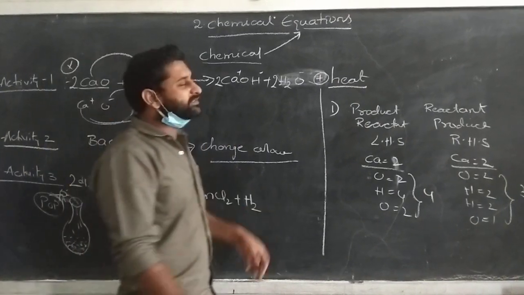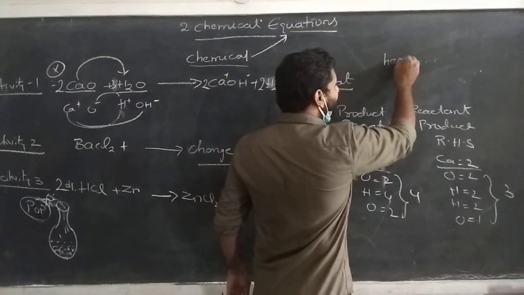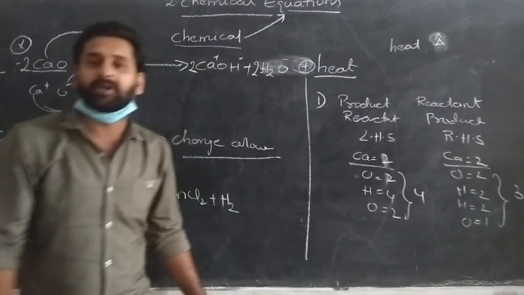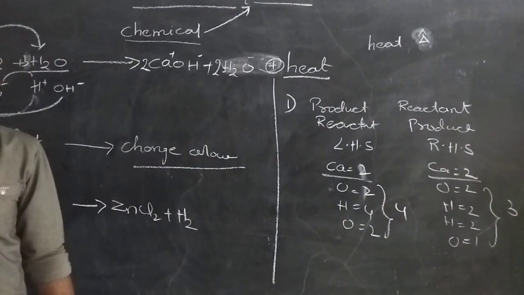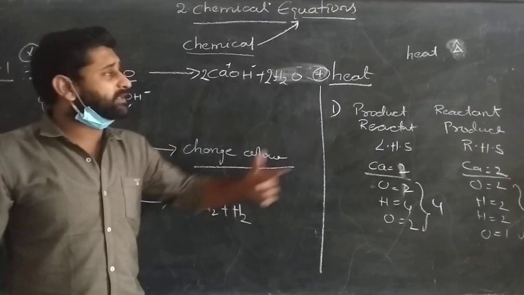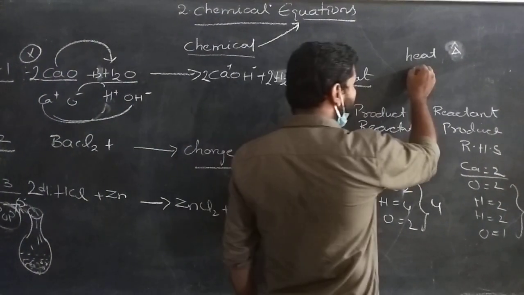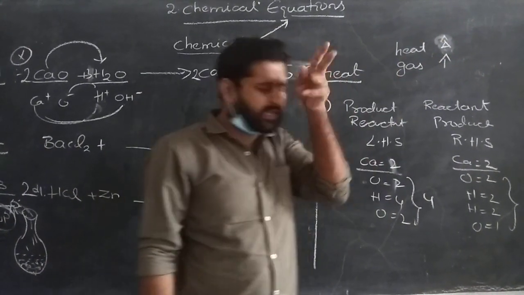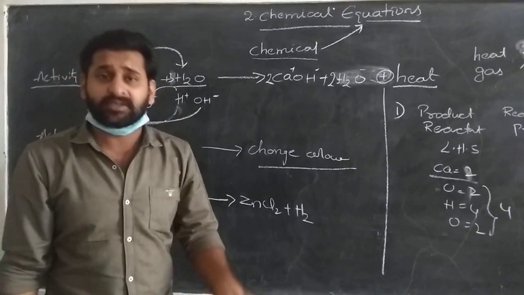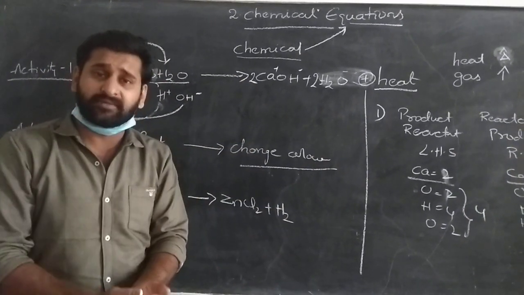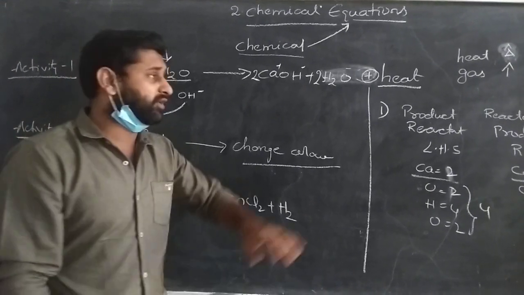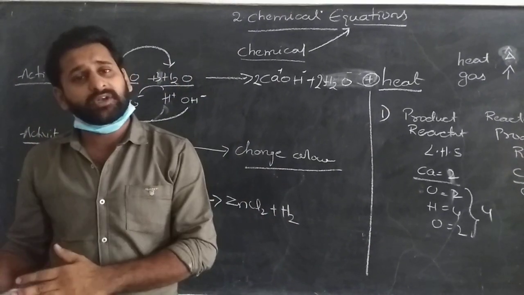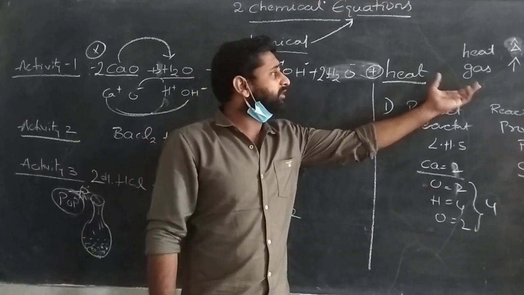So here we have some rules that we need to follow. When you are doing that with heat, you need to add a symbol called delta. When the reaction is completed, in the product side you are getting some product. If a gas is released, then you need to show it with a gas symbol. So these are the symbols that show what is released, whether heat is released or a gas is released, what will be the heat to heat reaction, what will be the gas to gas reaction, what kind of gas is going to form, what kind of reaction is going to be formed, everything to be considered here.